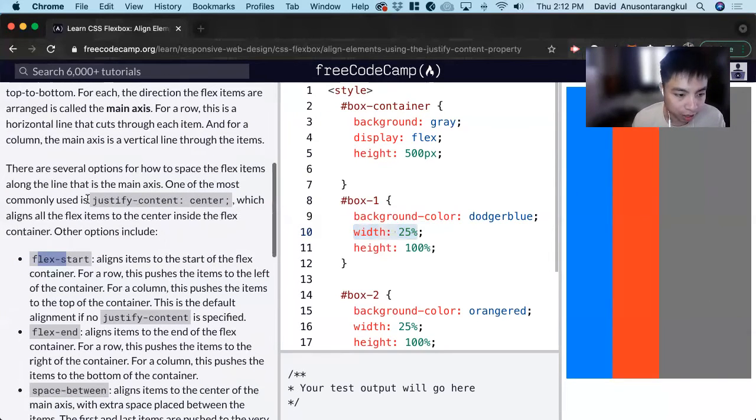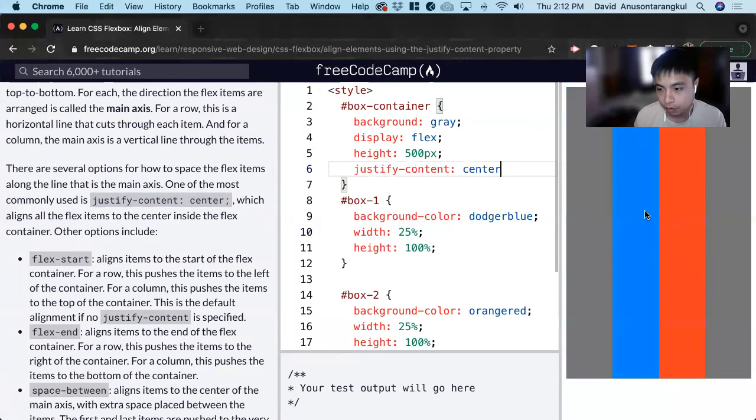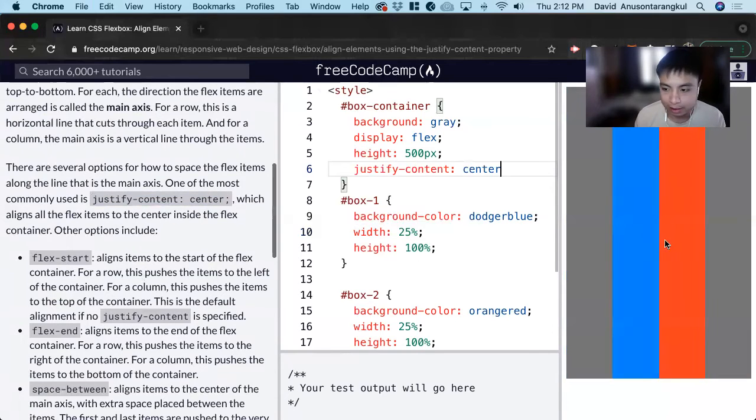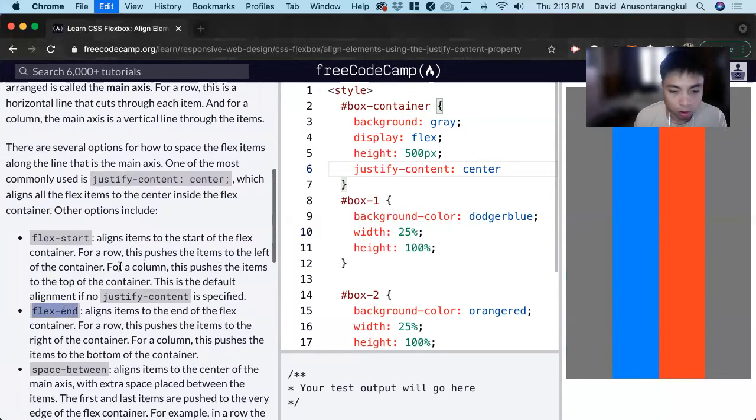And now we can do justify content. And we can see here, if we set the container div with it, this is going to be center instead of starting from left to right. See if we have center there. These divs will be centered. And then we can do flex end, which will be to the right, aligned to the end of it,